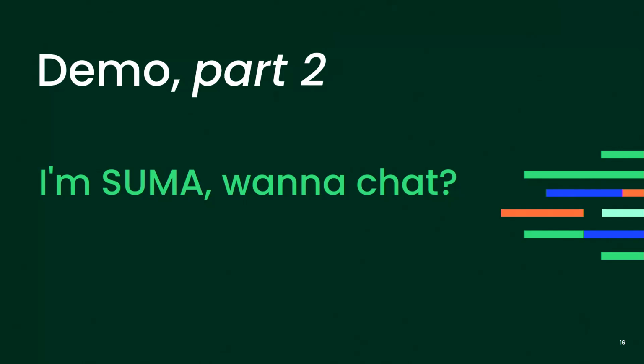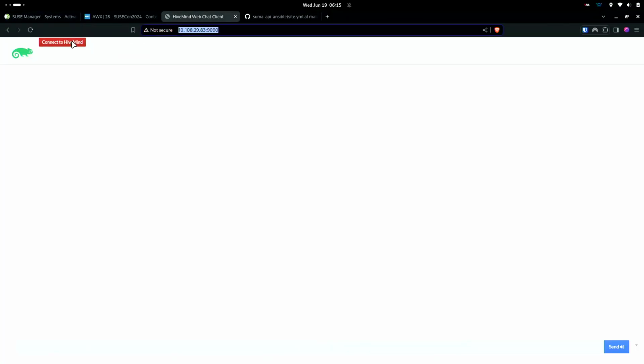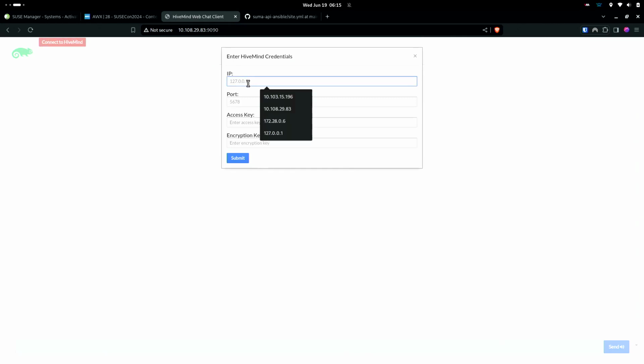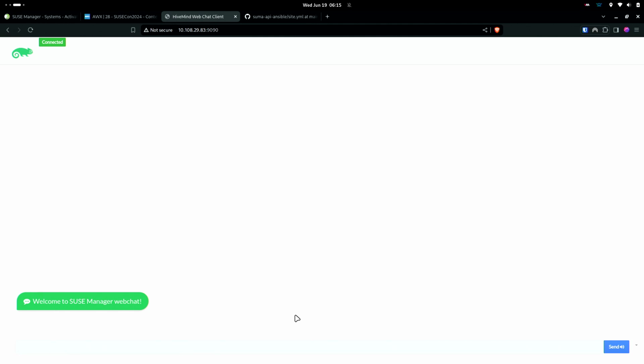So this is a web chat UI, and I need to see. I think this is this one. And so I'm connected to the web chat. So now I can ask the web chat to do some stuff, to ask some questions to Suse Manager by leveraging the API. So basically, the web chat will send a message, and then the skill will be triggered, and based on the intent, it will perform some HTTP requests to Suse Manager.